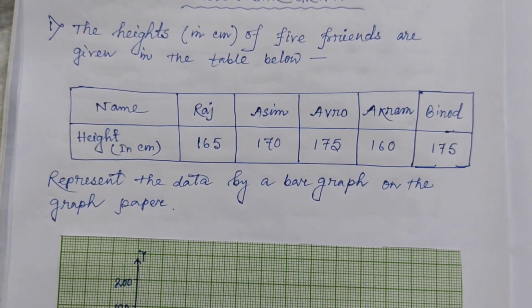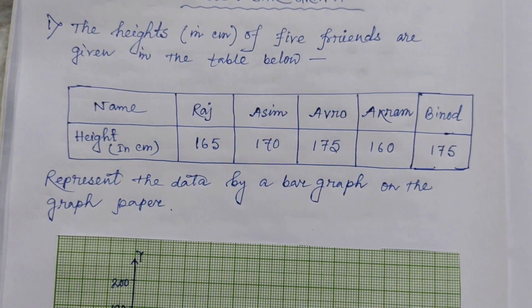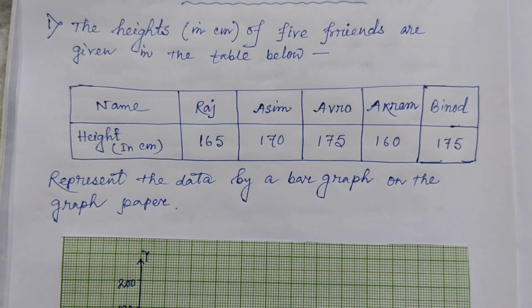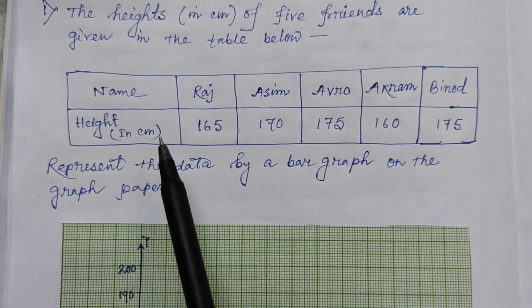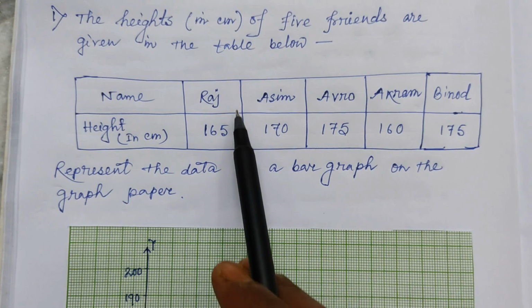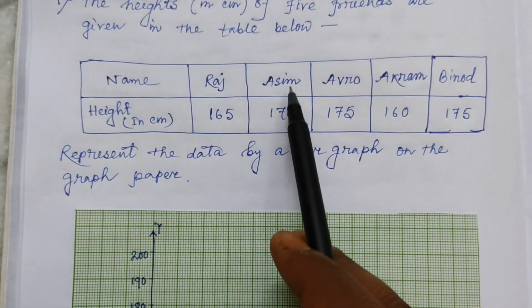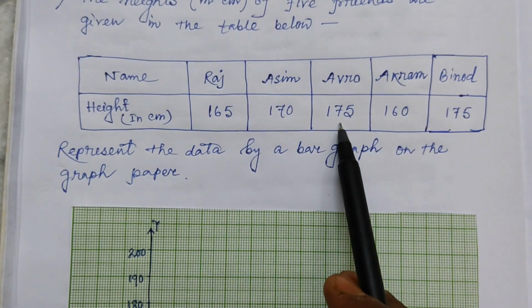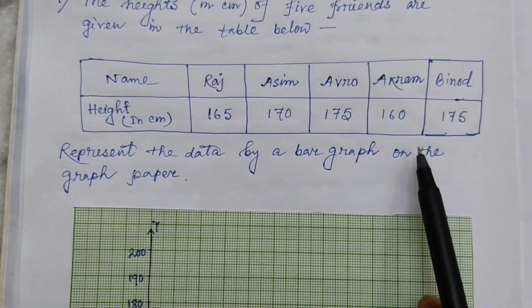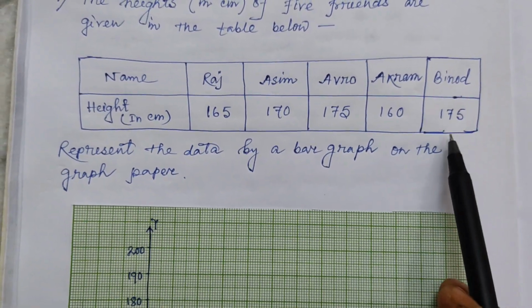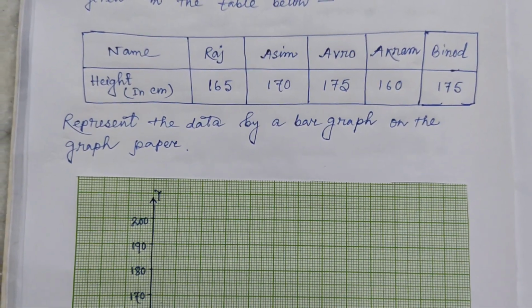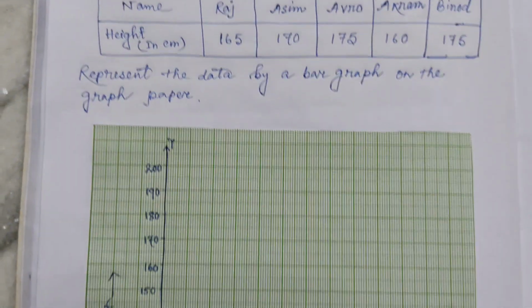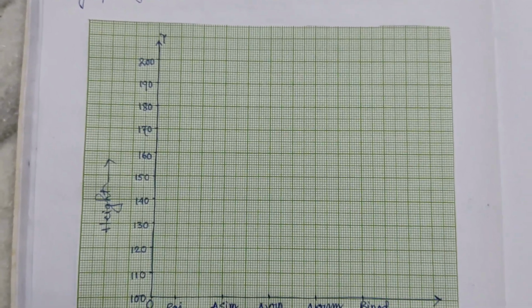The heights in centimeter of 5 friends are given in the table below. Here you can see name Raj 165 centimeter, Oshim 170, Obro 175, Akram 160, Binod 175. So represent the data by a bar graph on the graph paper. Here you can see I have taken one graph paper,